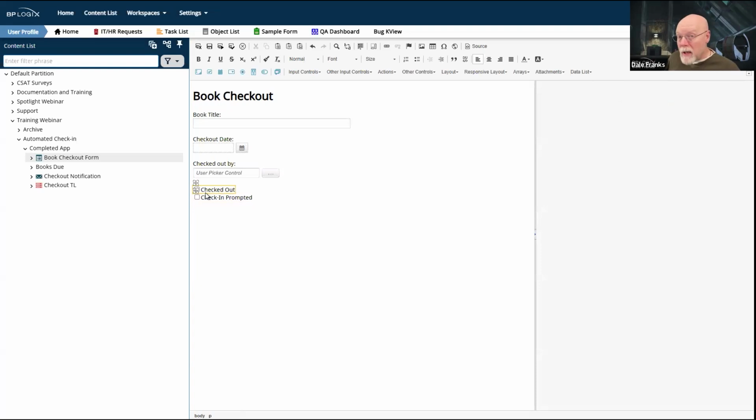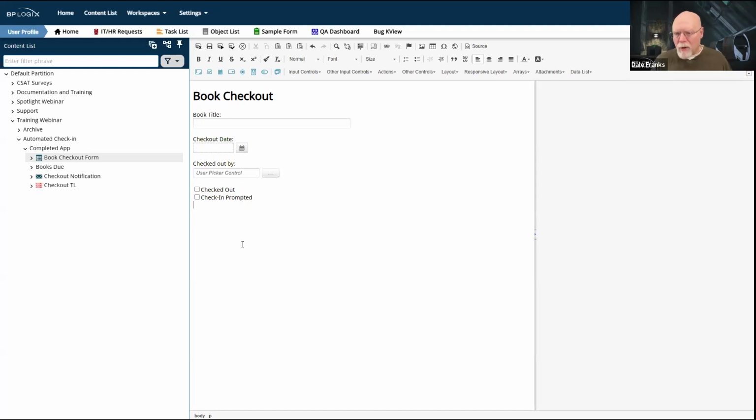What you do need as part of the fundamental architecture to make this all work are some status fields. Now, I've made them visible and I've made them checkboxes, largely so that I can go in and manually change the status of items. So if I want to find something that was checked out earlier and I want to restart that process by changing the status, I can click these checkboxes, and I have two.